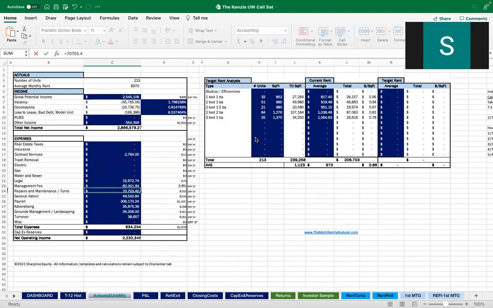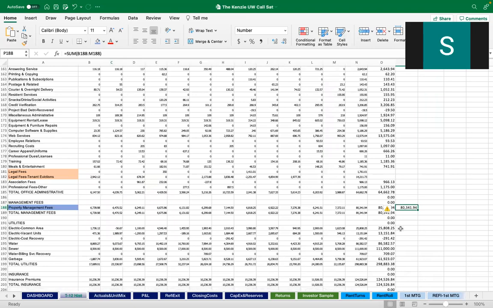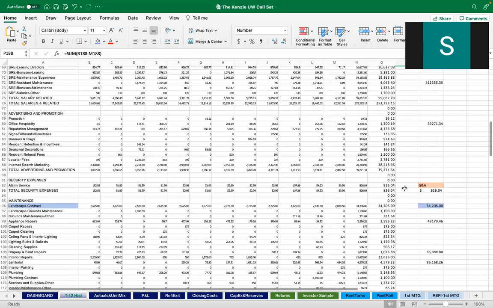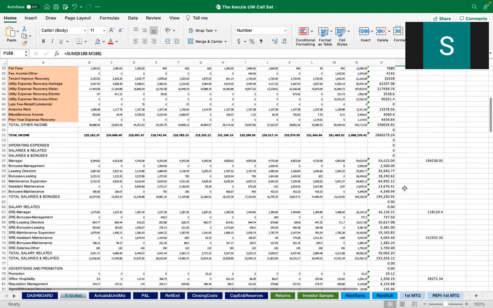So if I understand correctly, even if the property manager is hiring the staff and directly paying them, in the T12 we'll have separate line items for those. There's a separate line item for the property management and separate line items for the payroll fees.